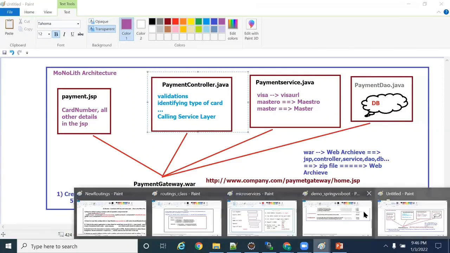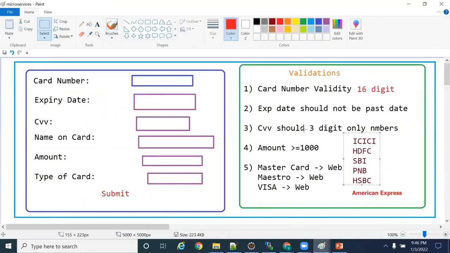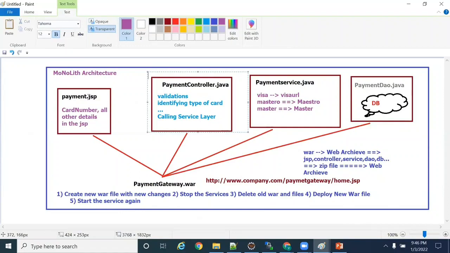What is the meaning of services? For me, ICICI Bank is one service. HDFC Bank is one service. SBI Bank is one service. PNB is one service. HSBC is one service. MX is another service. What is the proposed architecture? MX.JSP, HDFC.JSP, MX controller, MX service, MX DAO. I'm not telling it clearly here, but something like you need to create, based on the services, and divide the application,